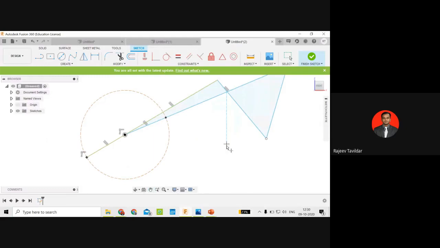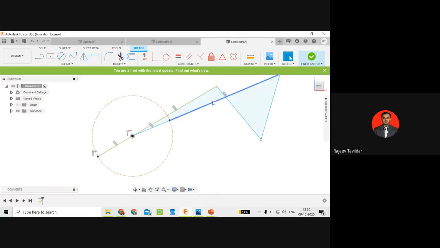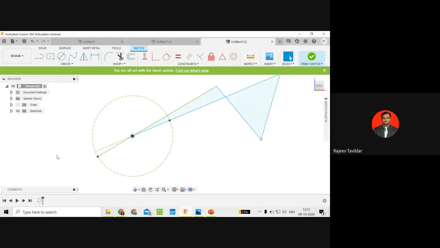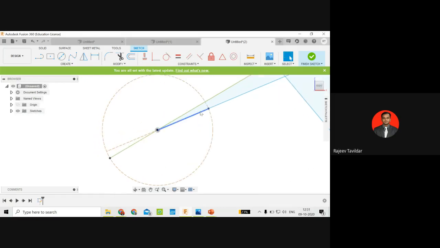So in that case, by how much angle is it more than 180? That I need to find out. So for that, what I'm going to do is this initial position line, whichever is highlighted, the initial crank position, I'll just extend it to the other side in this fashion. I'll hide these constraints and I'll make it a construction line. What I've done here, you can see, the initial position of the crank, I've just extended it on the other side.